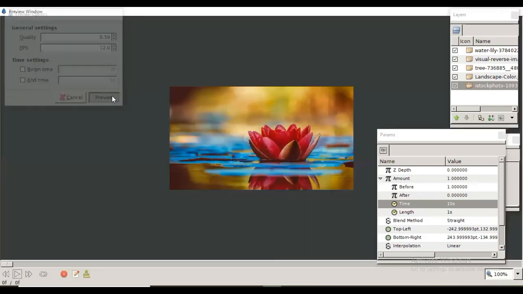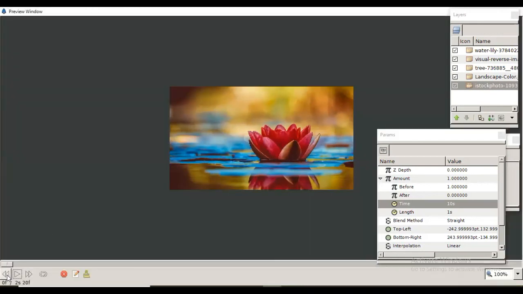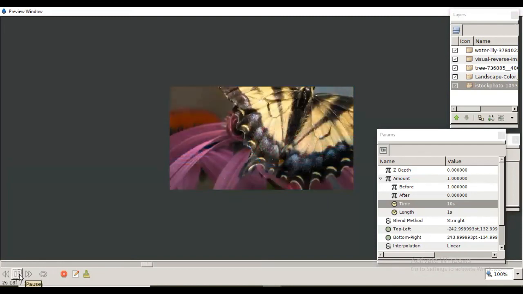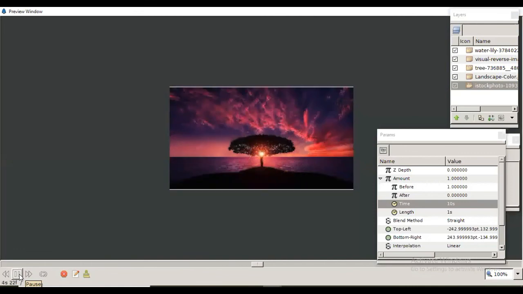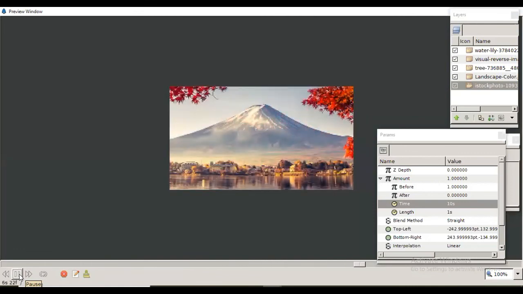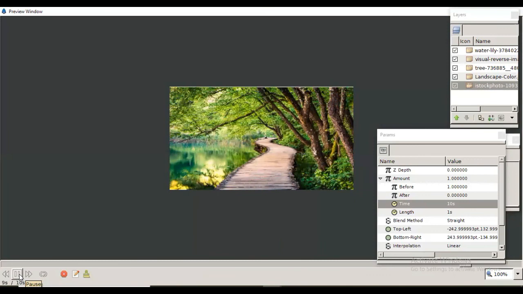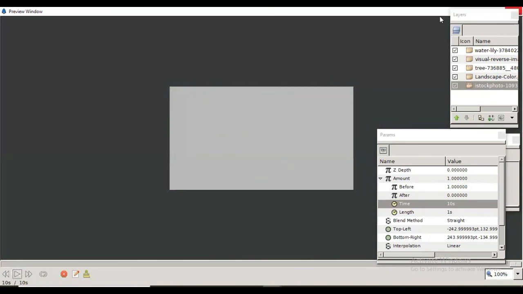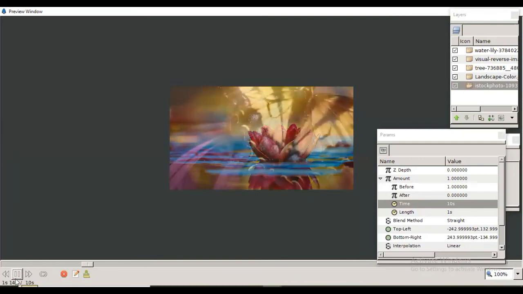So we got that animation of 5 seconds. That is two images only. Now second image, third image, fourth image, and this is the last image. Okay, so this is how you can create a slideshow using Synfig.